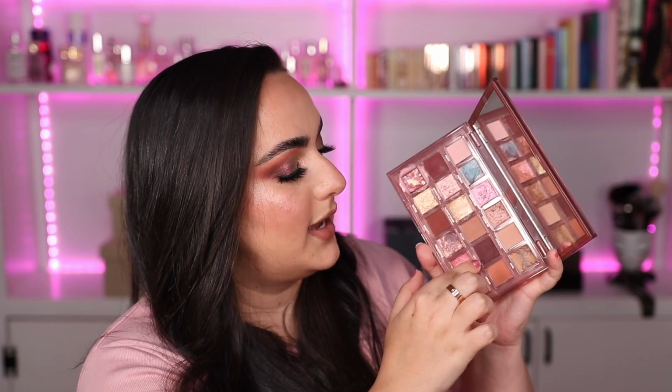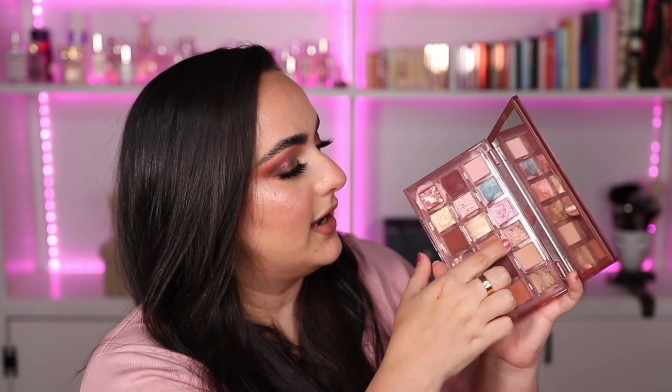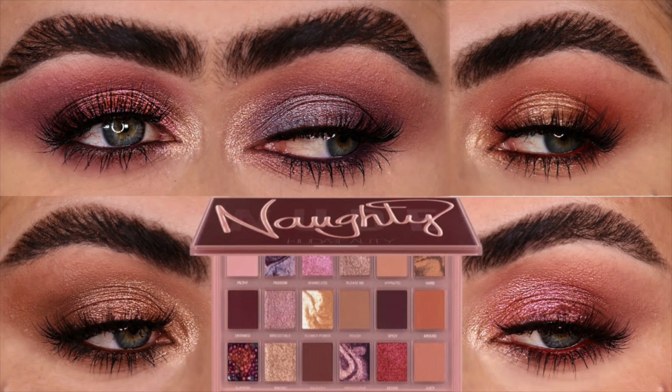and I'll explain why. There are 3 burgundy mattes in this palette, so whenever you use the lighter shades that come in here as your crease shade, you will for the most part always go into one of those burgundy shades to deepen it up, and then besides that it's got these shimmer shades right here that are very complementary to the burgundy color. I have done a 5 looks 1 palette video with the Naughty Nudes palette by Huda Beauty,